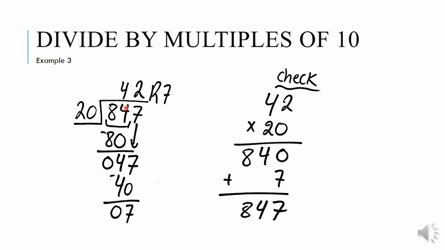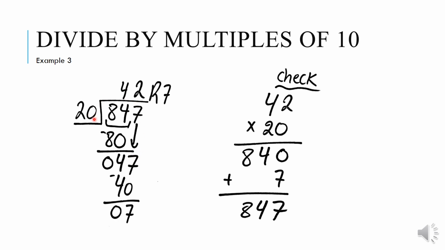Since 100 is greater than 84, I should use the 20 times 4. What's 20 times 4? It's 80. 84 minus 80 equals 4. Now I have to bring down the 7. Now I have 47. Since I brought down a digit from the dividend, I should repeat the whole long division